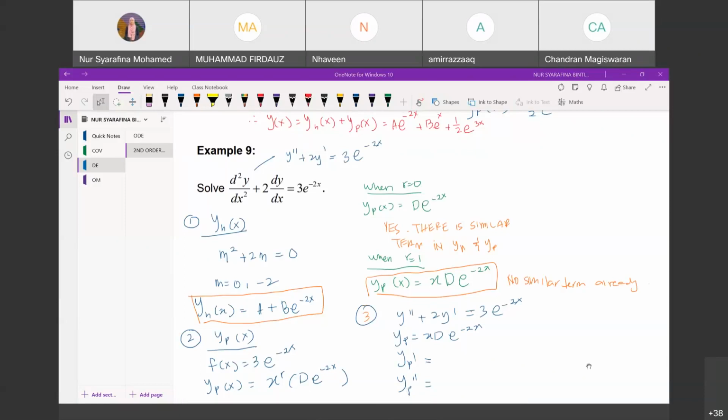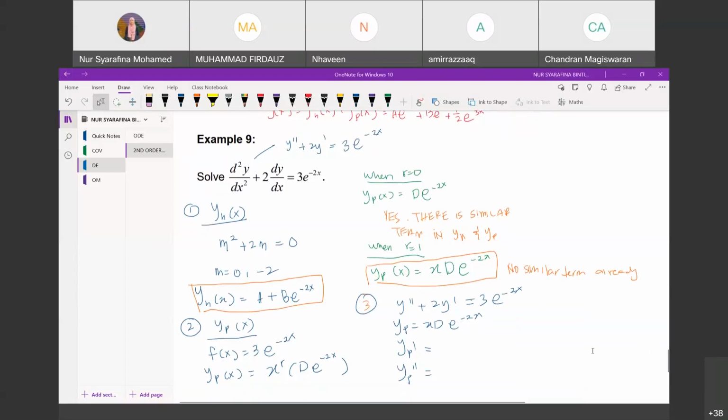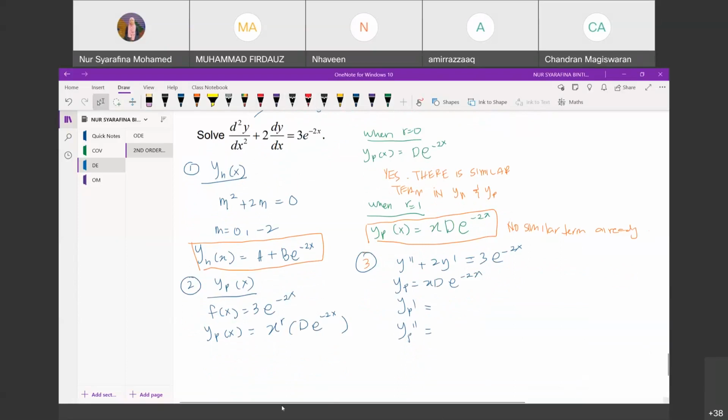For this one you should use the product rule. Okay, let's try this one. Your YH should be A plus